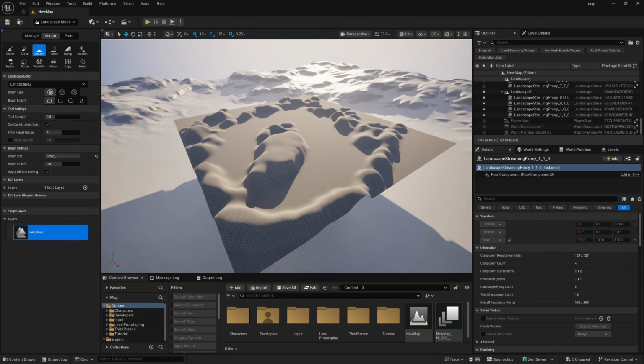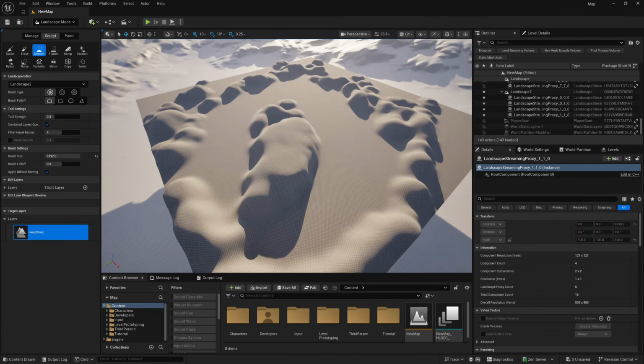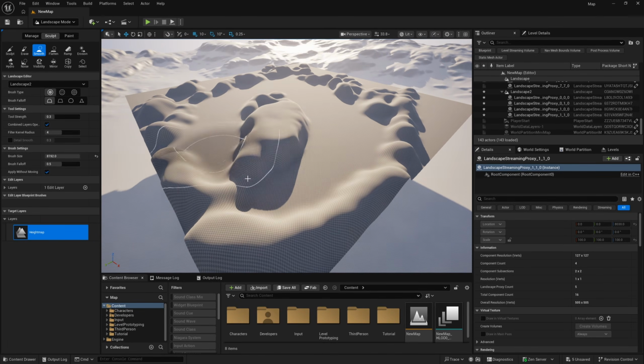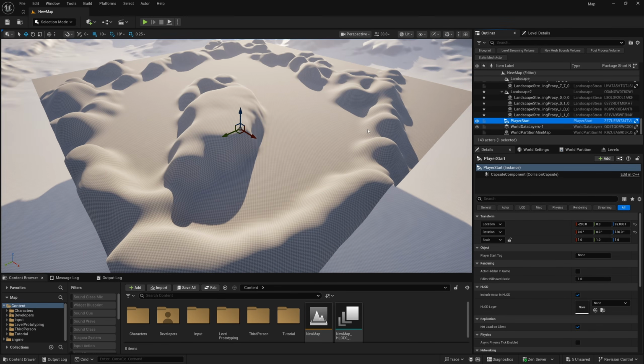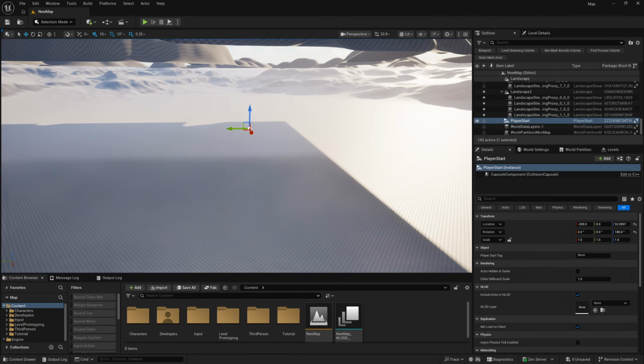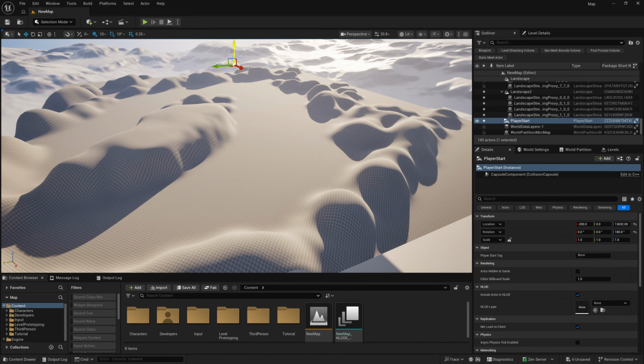Nice. And that will do. Just some sort of geometry on this landscape so that we can see our map is reflecting this accurately. I'll head back to selection mode, and I'm actually going to find the player start that's on this default level and make sure that I've only got one player start